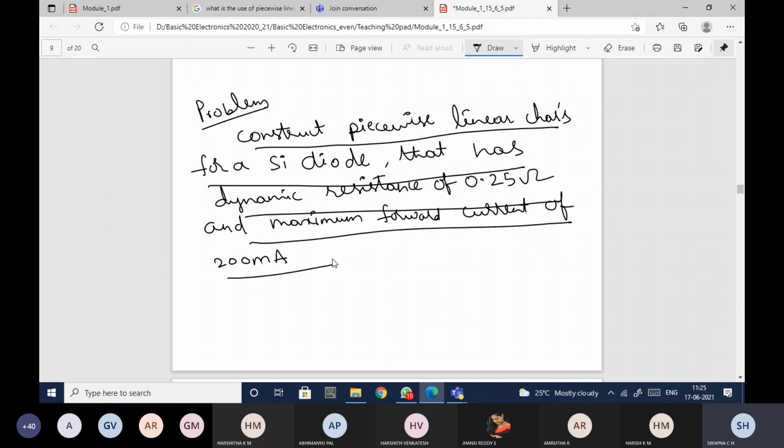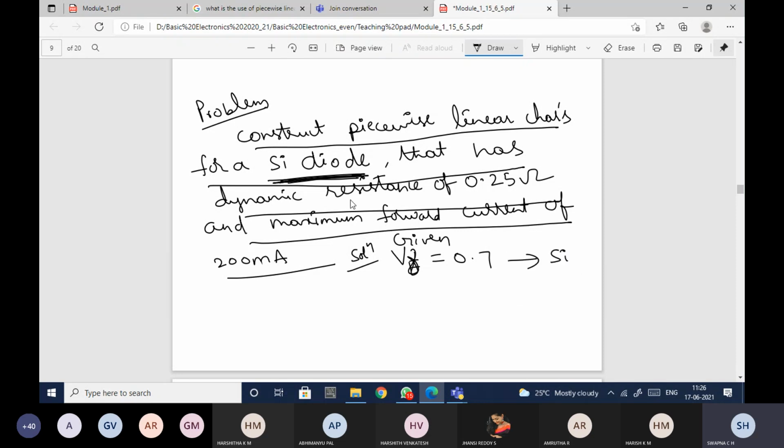So what he is saying, he has given some parameters. One such parameter is he is mentioning which kind of diode it is. It is silicon diode. So silicon diode, here V gamma is nothing but 0.7. So since he has mentioned solution given, let us write what is given. So given V gamma is 0.7. How he is giving it? He is not directly saying it is 0.7. He is saying that it is a silicon diode.